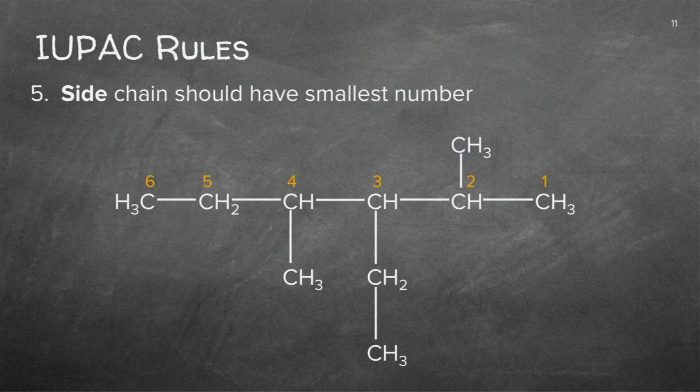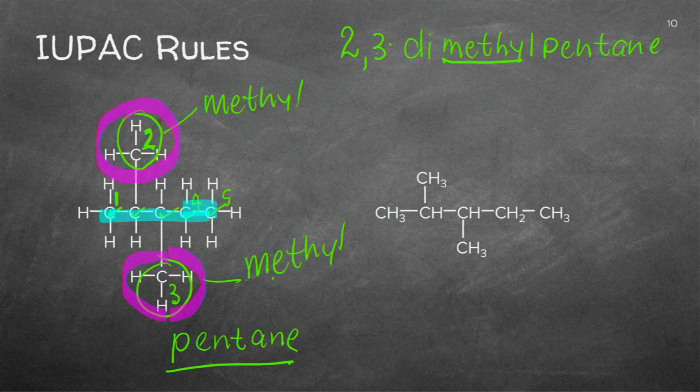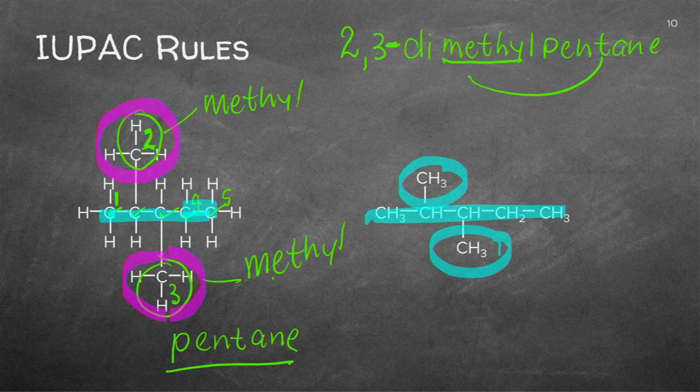In total, I've got 2, therefore di, and you'll see I'll explain the commas and the dashes just now. But that's one word. Let's see what we have here. Here we've got the condensed way of writing it. 2 and 3 methyl and the pentane. Important, guys, that you start from the side where it's the smallest. Let's say, for instance, I started this side. 1, 2, 3, 4, 5. Can you see it would have been then 3, 4, and that's larger than the 2 and the 3.